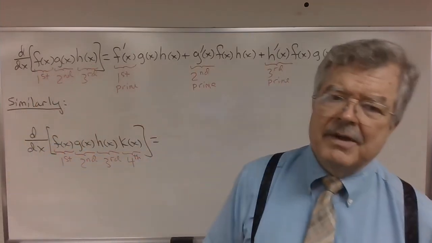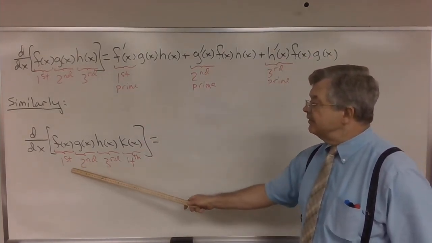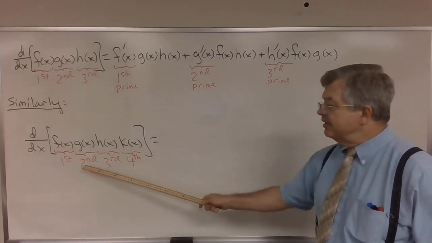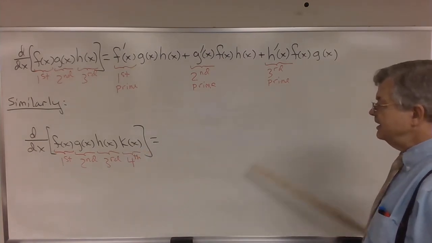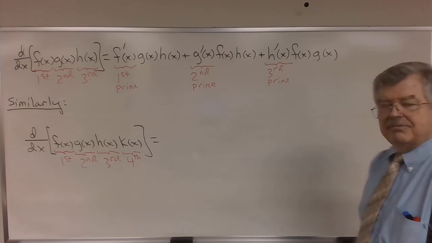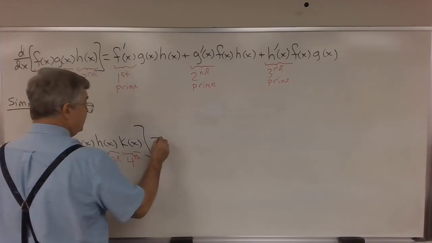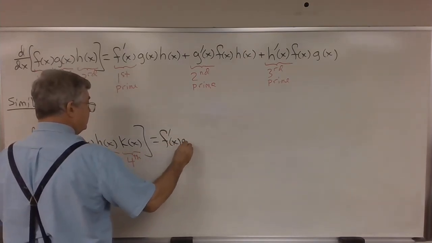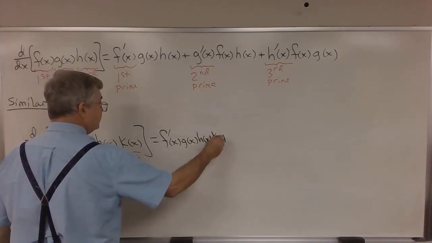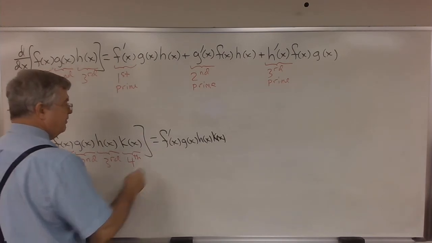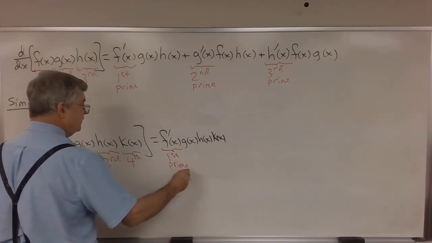And I'll tell you how I think it's going to work out. I think it's going to work out just like this. First prime times everything else, plus second prime times everything else, plus third prime times everything else, plus fourth prime times everything else. And let me write that out. First prime times everything else, g of x, h of x, k of x. So here's my first prime times all of the other functions, everything else,